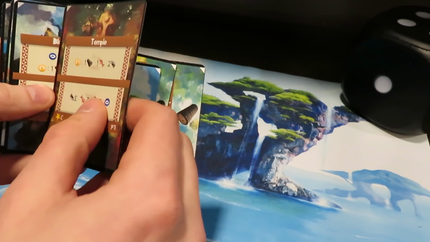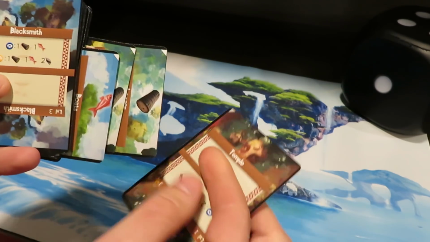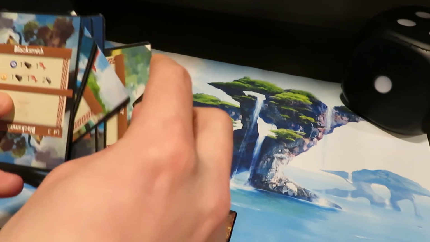Flip means like rotate the card like this, essentially. So I can do that for a log and a fish. That sounds like a really good idea, so I'm going to actually go ahead and do that. I'll just place the other card down on the table for a second as I flip my log and a fish